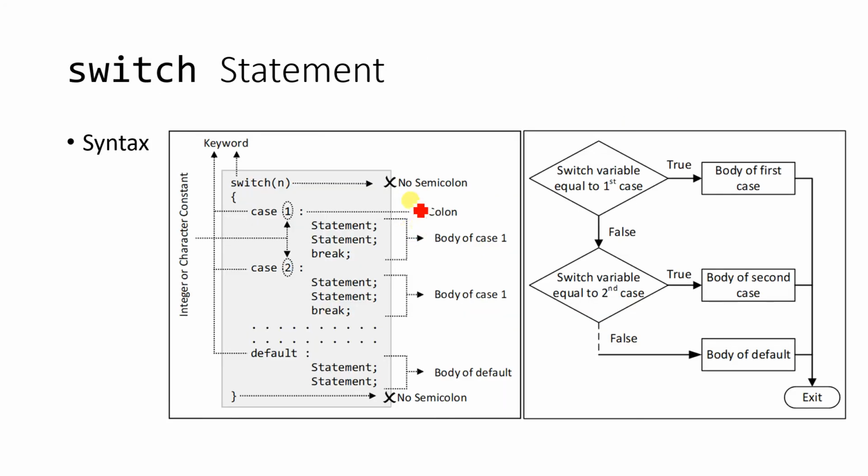So this is the proper syntax of the switch statement. The box on the left side shows you the syntax of the switch statement, and the box on the right side shows you the control flow of the various statements present inside your switch case. You can notice here on the left side, as I have already told you, switch n will be written. The body of the switch will be represented with two curly braces, started from here and ended here. Inside the body of the switch statement, we are going to represent everything with cases.